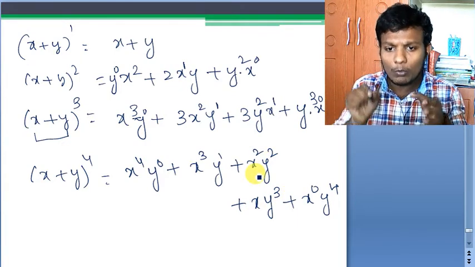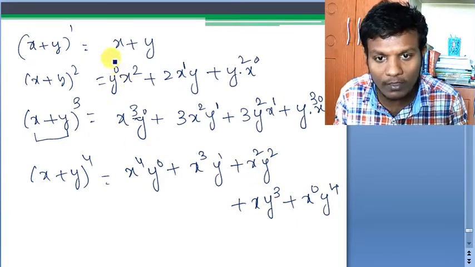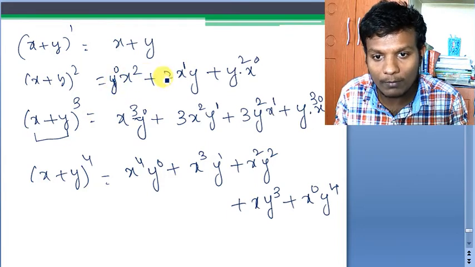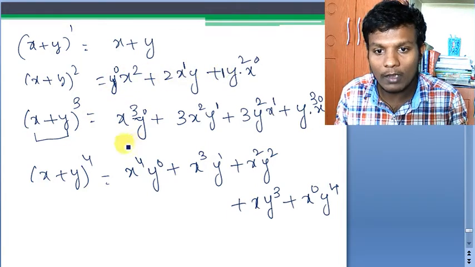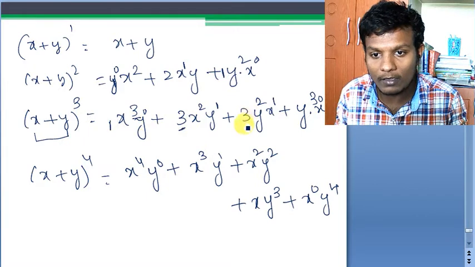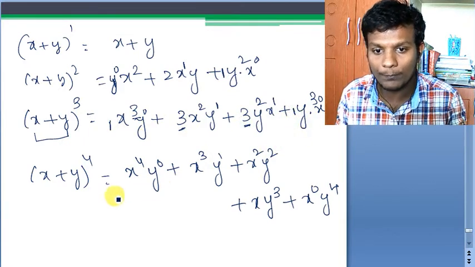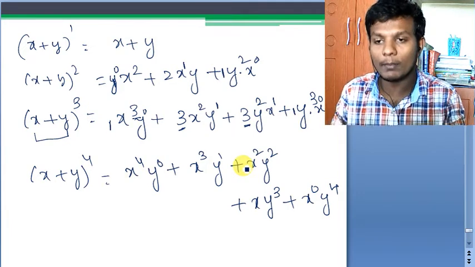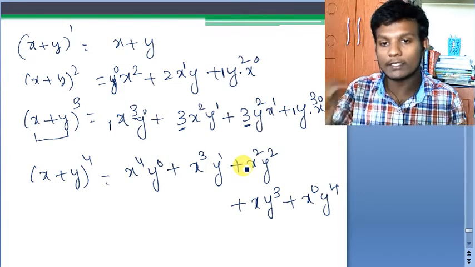But I haven't come to the coefficients. Here there are some numbers. If you see, here there is the number 1, here some number 2, number 1 here, and here there is 1, 3, so there is coefficient 3, and there is coefficient 1 here. In this also there will be some coefficient. So how do we get them?